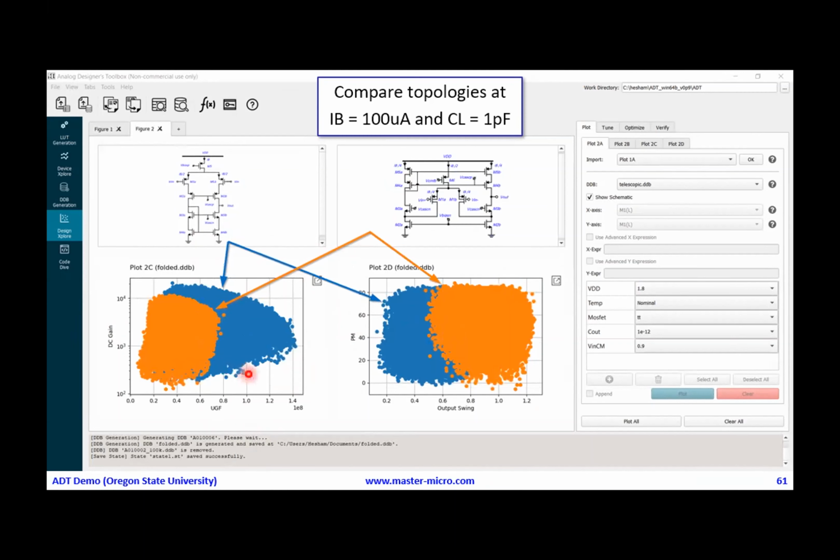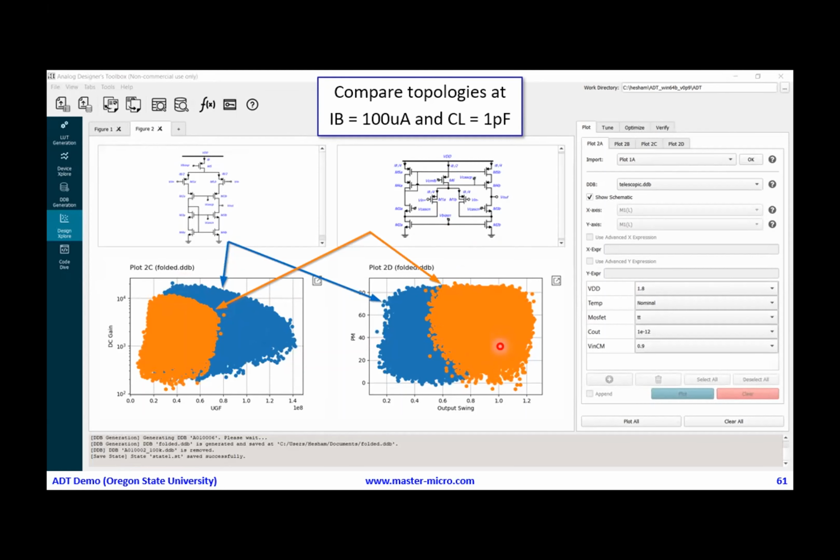The telescopic cascode can give you much higher UGF, GBW, almost double the GBW, and also much higher gain, almost double the gain again. For the output swing, of course, the folded cascode will be superior, so you can easily explore your topologies, and you can do this at several technology nodes to compare topologies at several technologies, and this is sometimes very tricky using analysis. Using analysis, it is very tricky to compare these topologies, especially when they are near each other, but using the Device Xplore and the Design Xplore, you have all this simulator accurate data,